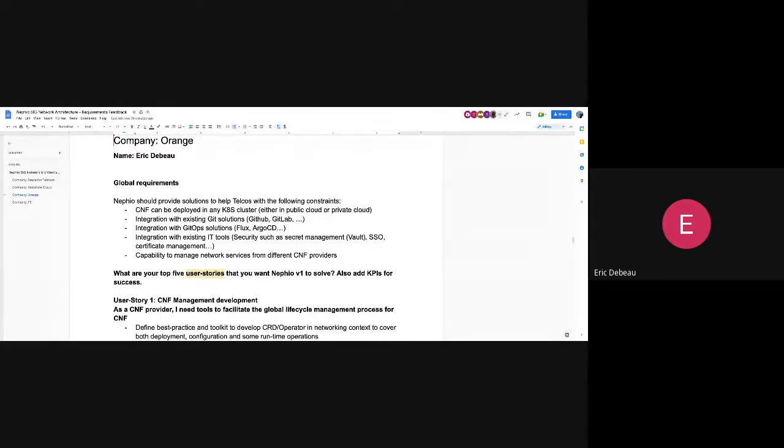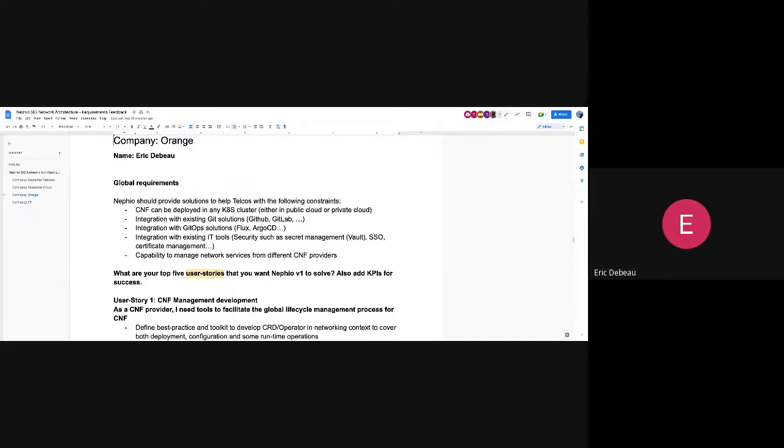After that, we tried to develop some user stories. The first one, we tried to write as a classical user story, as we use in agile mode. The first one is much more for the CNF provider. It's really to help them to develop the CRD operator and so on.